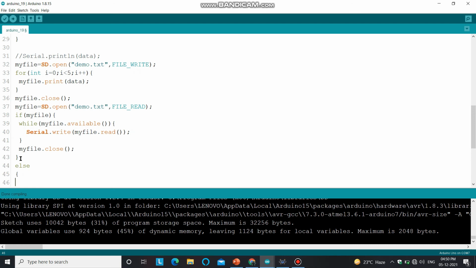Serial dot print, failed to open the file, or file doesn't exist.